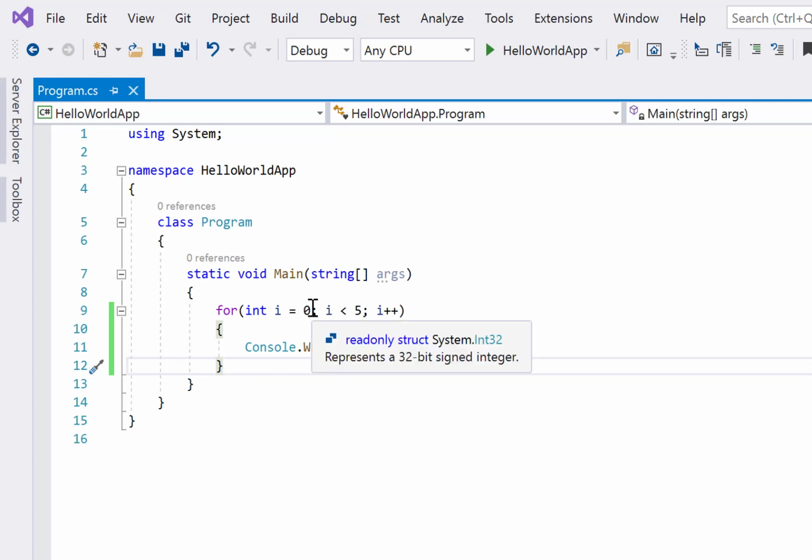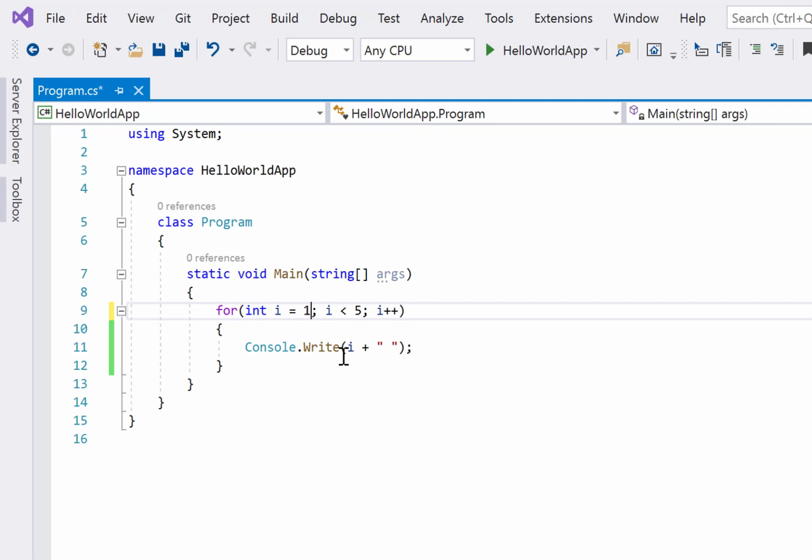Our aim is to print from 1 to 10. In fact, we can start from i equals 1, and go till i is less than or equal to 10, with i plus plus. So it says you have to start from i equals 1, go till i is less than or equal to 10, and then write this i value. What we are doing is using a loop. So this is the for loop.